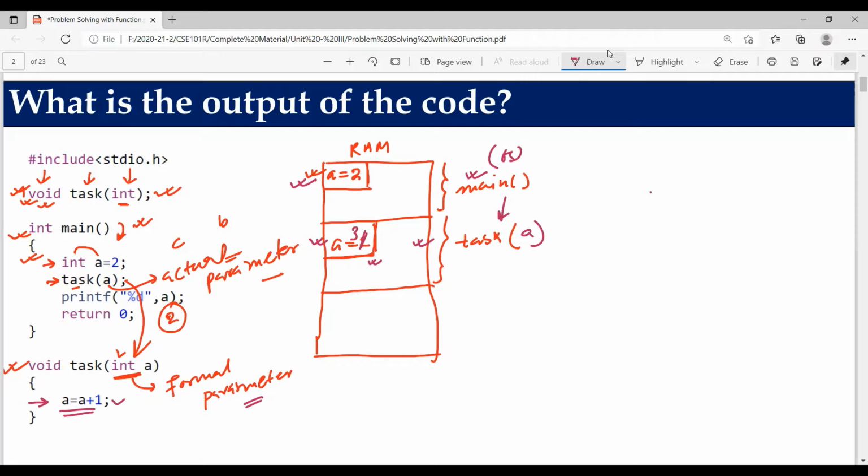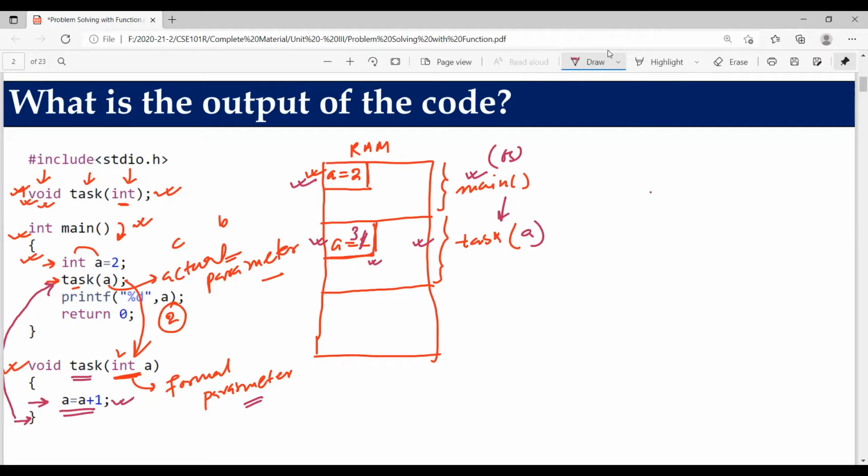After the execution of that line, program control finds that this is the end of the task. There is no source line left in the body of task to be executed. So program control will jump back to the same line of the main method from where it had jumped into the body of the function.